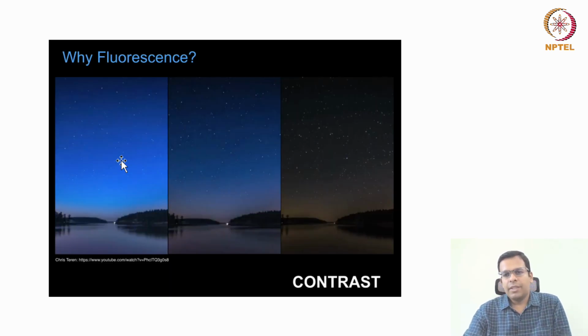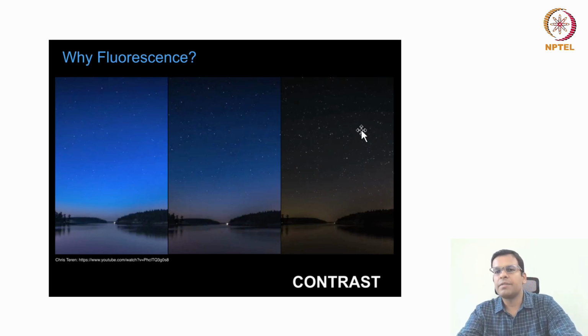Okay, so in this figure you can see, if I ask you to count the number of stars in this image, which one will you prefer? The one which is at the most left, or the one which is at the right-hand side? So the answer is, you will obviously prefer this image where the background is dark and your particles are giving light. Okay, so in fluorescence microscopy, the background remains dark and only your object gives the light.